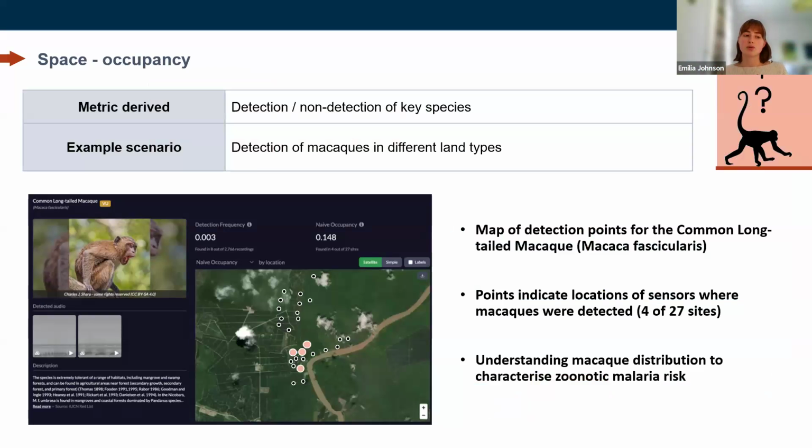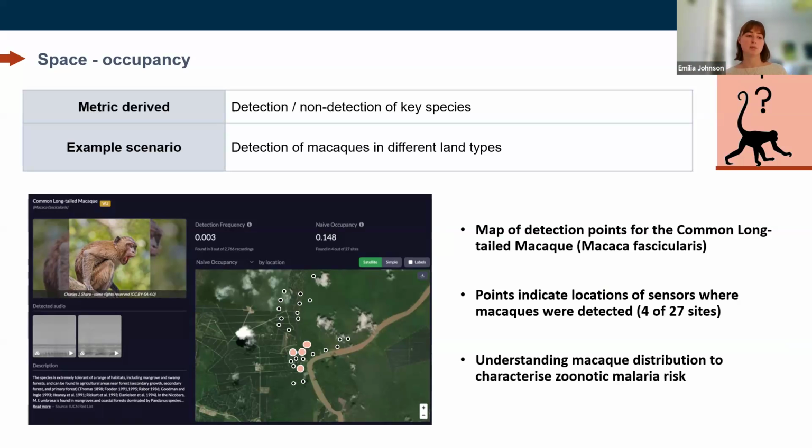So to link this back to the Plasmodium knowlesi example, as part of the paper, we mocked up some of these ideas of how you could apply acoustic monitoring to Plasmodium knowlesi. Here we can use acoustic sensing to collect fine-scale data for macaque movement, for example, across space and time. This is from the Kinabatangan, where Maz is. Using cloud-based computing and pattern matching approaches in Arbimon, acoustic data was analysed to detect long-tailed macaque presence across different habitats in areas that were known to be endemic for knowlesi.